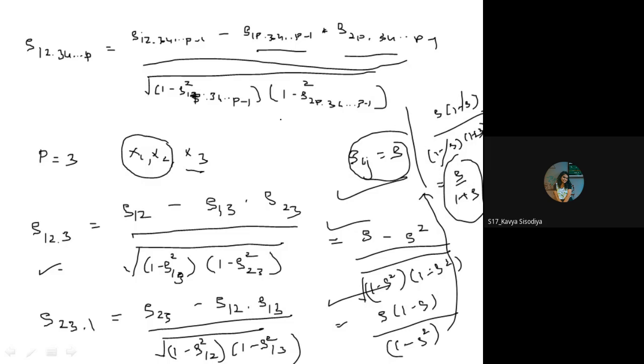So when you say that the correlation between the ith and jth variable is fixed, that is rho, then the partial correlation between x1 and x2 when x3 is fixed is given by rho upon 1 plus rho. Okay.